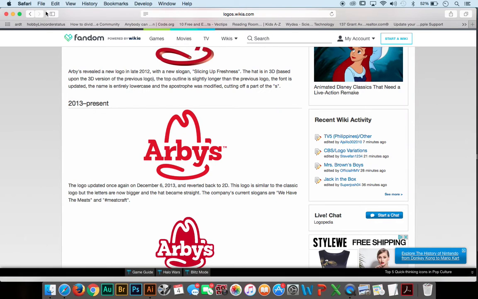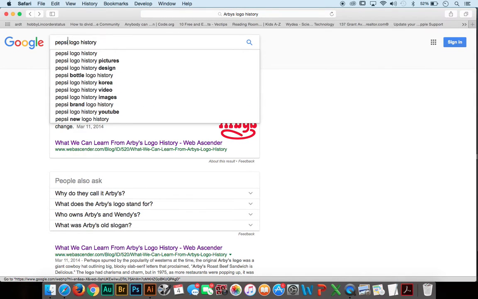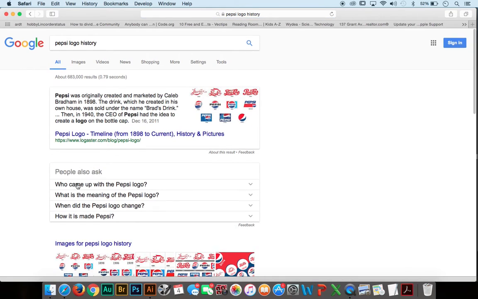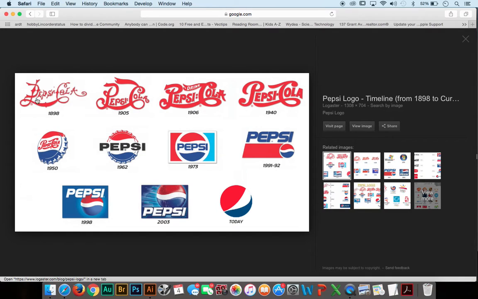Again, you could find histories of all sorts of logos out there. If I put in Pepsi's logo history, we're going to see where it started and where it is today. So in 1898, Pepsi did this. And then 7 years later, they created something a little bit easier to read. And then just a year after that, they added the thicker lines, and it's still kind of an informal script. They have "Drink Pepsi" in there, and then it lasted 34 years